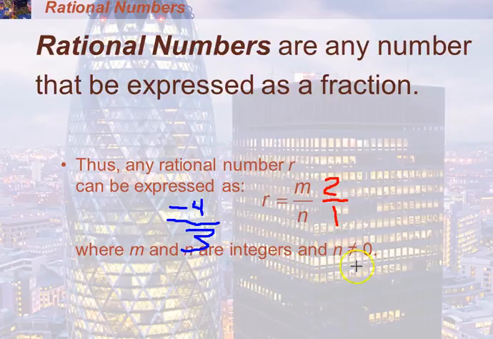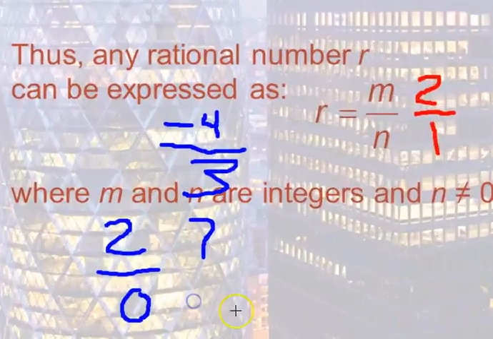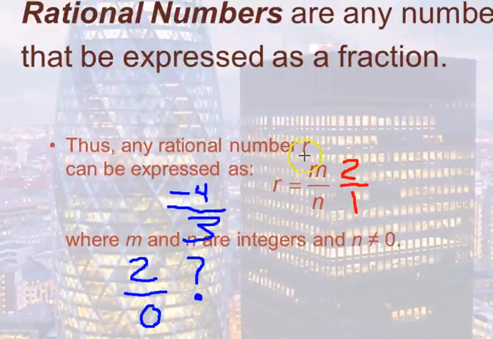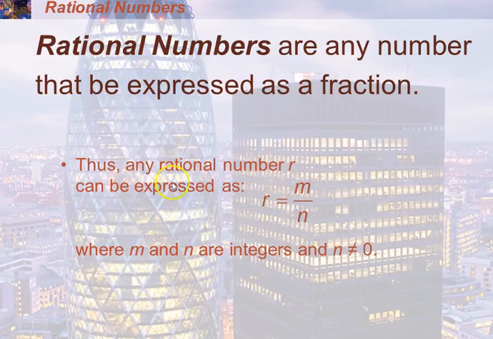One thing though, you can never have the denominator, the bottom number of a rational number, be 0. Let's talk about that. So if I have 2 over 0, why is that not okay? Let me back up. Okay, so if I have 2 over 0,